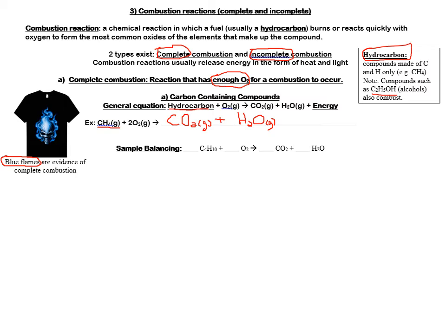So you could balance the equation by counting your number of carbons in this case. So we have 4 carbons on the reactant side, so we'll put 4 on the product side. In terms of the H's, we have 10 on the reactant side. So to get 10 on the product side, we have to put a 5 here. That leaves us with 8 plus 5. That will be 13 oxygens